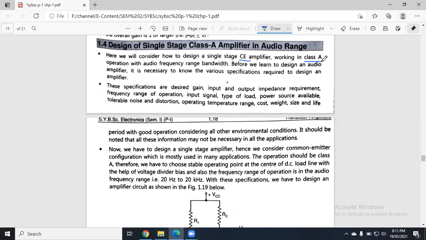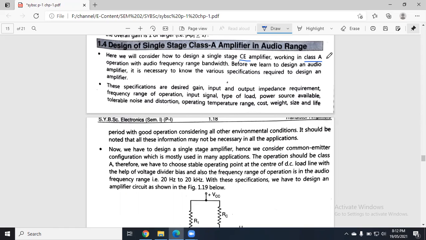All right, now one more thing: whenever we are talking about the load line, and whenever we talk about the class of the amplifier, then we should know the location or the point of the load line, the operating point Q. Here they are saying class A amplifier, and we know in case of class A amplifier the location of the operating point is at the middle of the load line. Now these are just various specifications which are given to us, and we need to design an amplifier which will follow all these specifications.